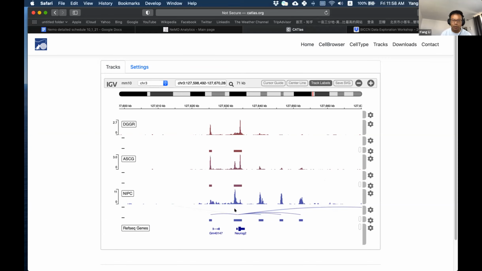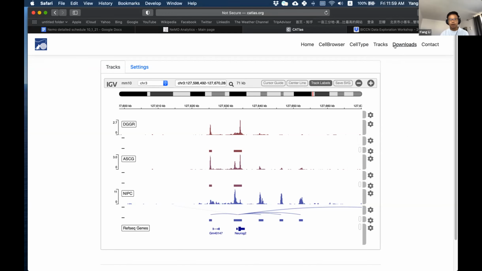So this is the way you can explore the candidate cis-regulatory element relationships with putative genes. I also want to mention that the height of each track can be directly compared across all the cells. But if you want to change it, you can find the setting and change the track name, track height, track color, and the data range.